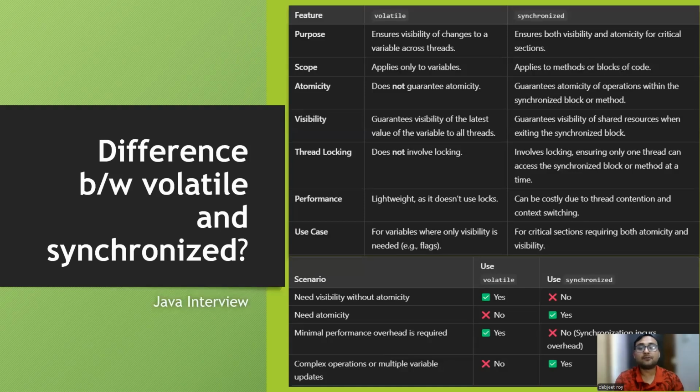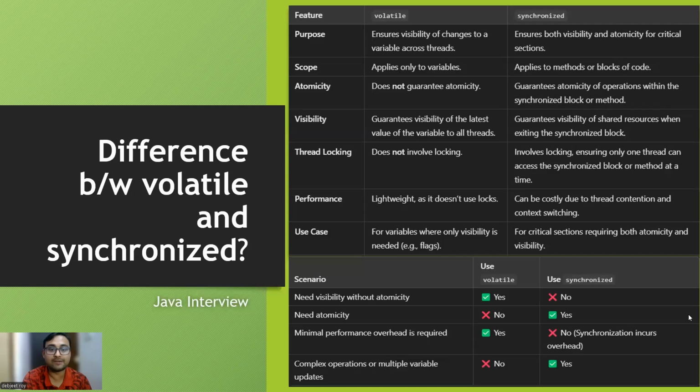So what's the difference between the volatile and synchronized keywords? Okay, so this is also very important from an interview perspective. So volatile, we basically use in a multi-threaded application. If you have gone through the synchronized singleton class, there, if you want to make a singleton class multi-threaded, in that scenario we make the field reference volatile. Why? Because you want the visibility to be guaranteed across all the threads, so that if one thread is making any kind of change,